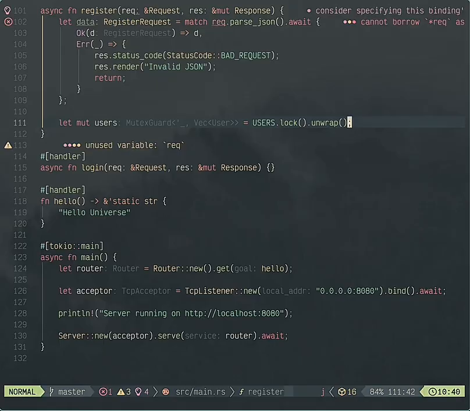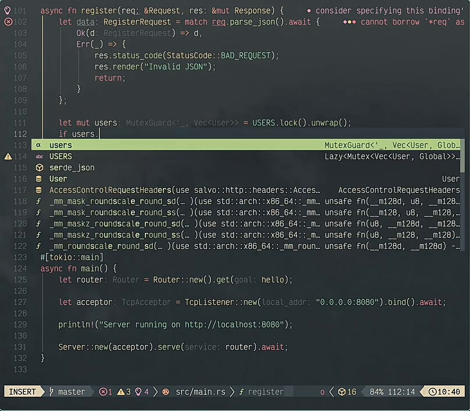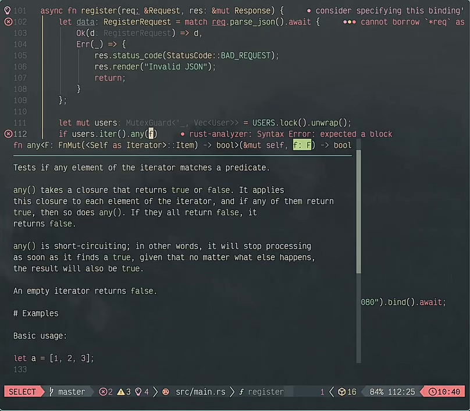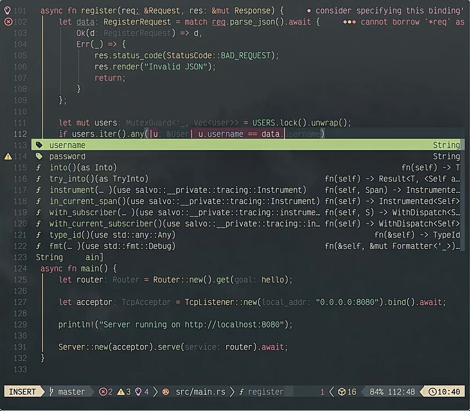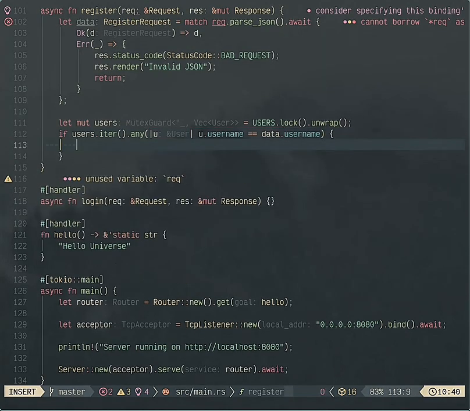We grab the users, and then we say if users dot iter dot any user, so we can say u dot username equals data dot username. So if it does equal the username that we're getting from data, meaning that the user already exists,